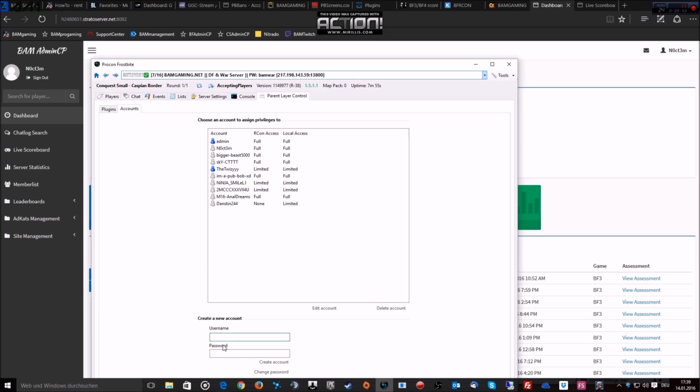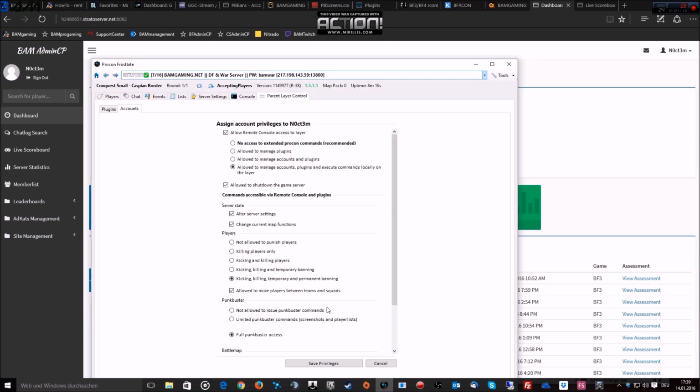If you make an account there, the username of the account has to be the exact name of your in-game soldier. So if your in-game soldier has a big N in his name, you have to write a big N there. If you write a small n, it will not work if you write commands in-game. To make commands, you have to